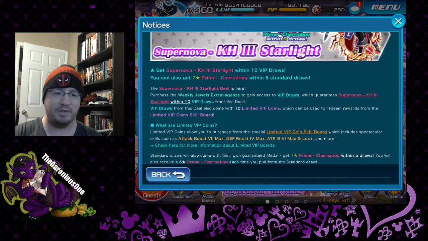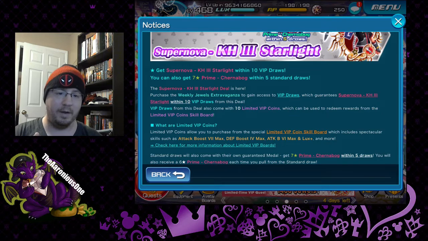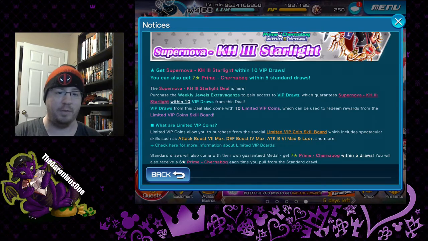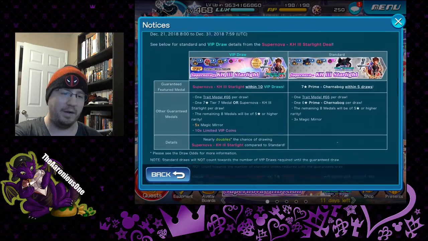Honestly, they might have been on to something that way. That would have been, because obviously if I buy VIP and I pull on the VIP banner hoping for better drop rates for that Sora or the Starlight medal, it might entice me to turn around and go pull from the non-VIP banner so I can get the Chernobog. So that wasn't a bad idea on the whole, but